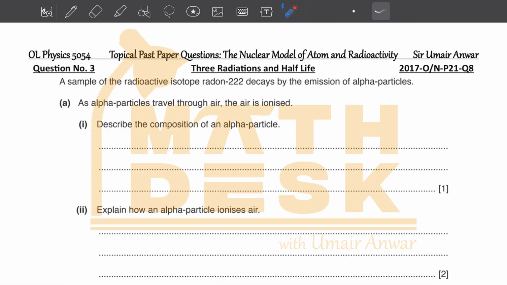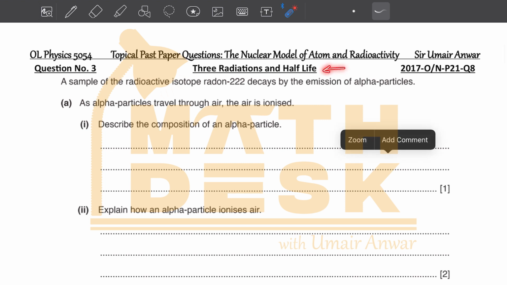Welcome to this tutorial. I would be solving question number 8 of paper 2-1 October-November season 2017 in this tutorial, and the topic of this question is nuclear physics. We would be having some questions testing the concepts of half-life and the three radiations in this